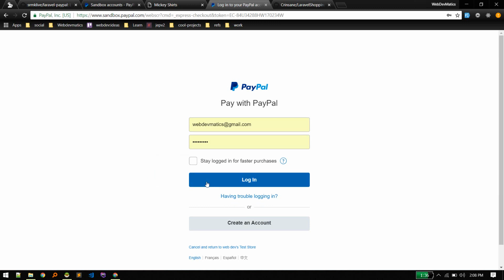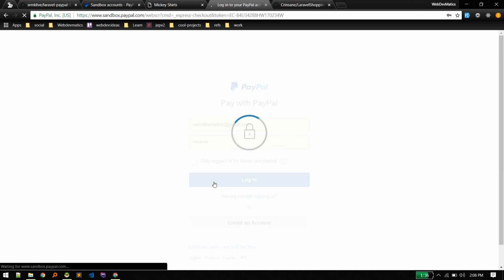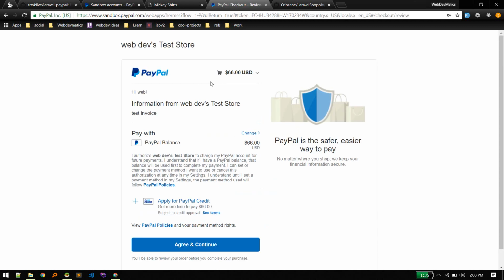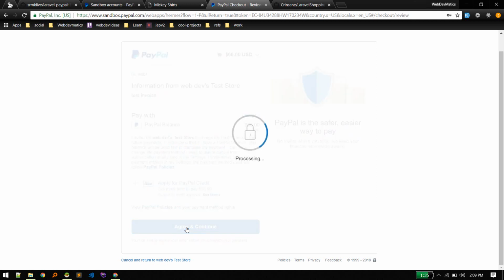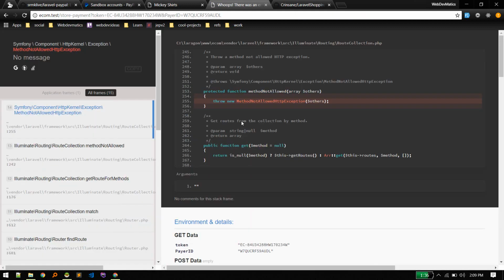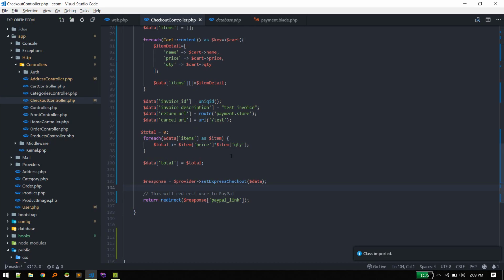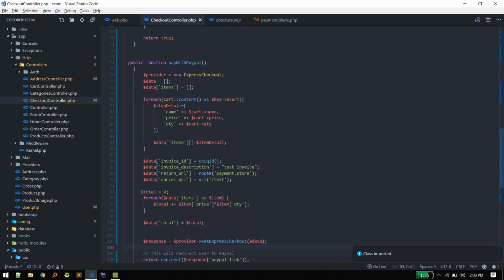Okay, so it asks us for login. Okay, so it presents us with all information, test store, amount, pay with PayPal balance, agree and continue. Okay, so here's a problem on our end. This is sending a GET request, but we have defined a POST request there, I think. So this route, payment.store, should be GET, but in our case it is POST. What we can do is